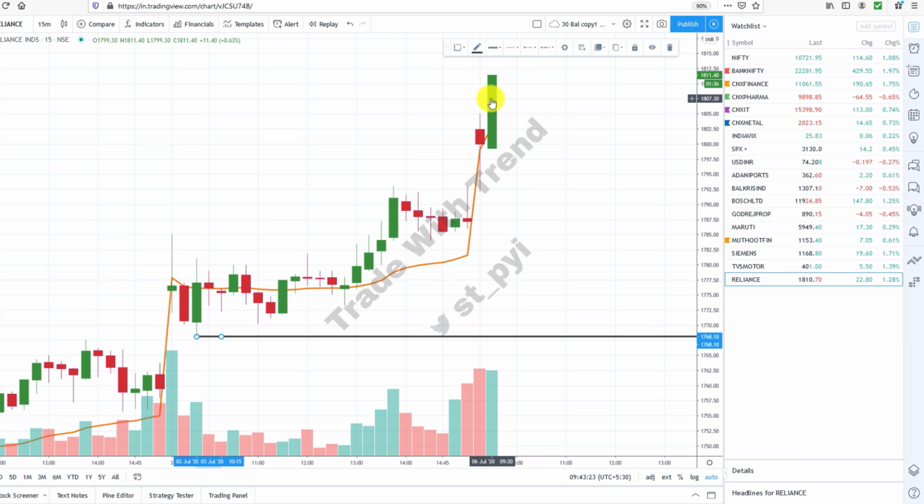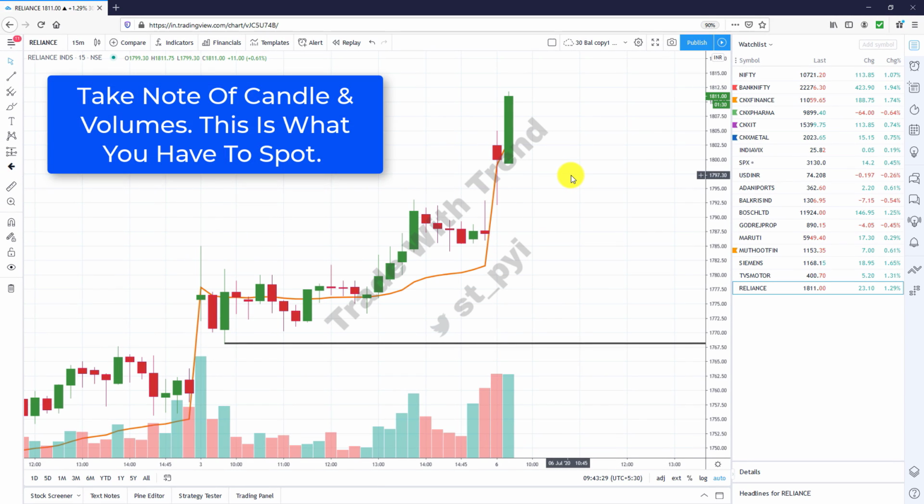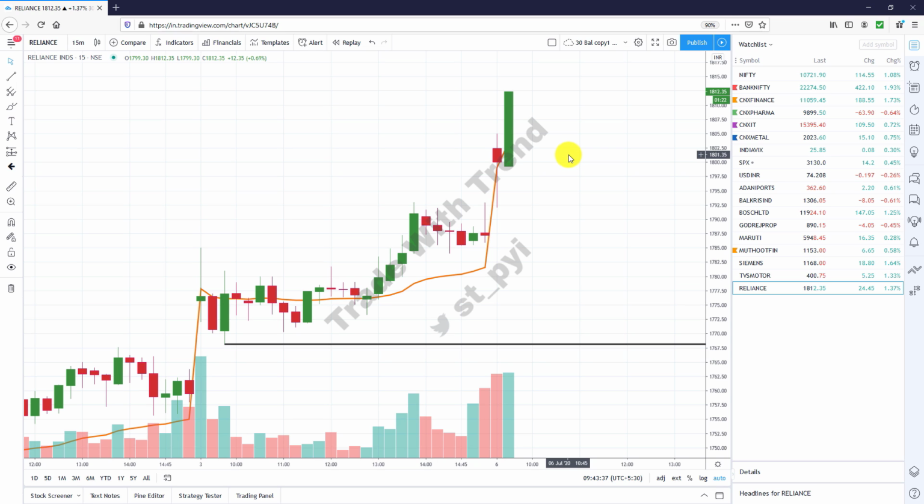But opening range breakout can also be used by working professionals by marking out much deeper stop losses, and then you can take the trade. So when it comes to my own trading, by now most of you would have understood that I like such structures forming on the chart: wide range candles, strong candles.